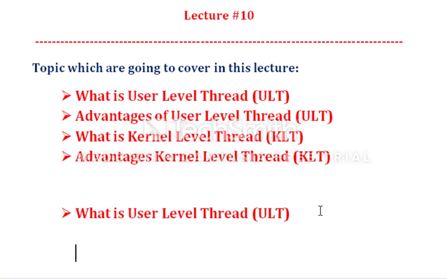The kernel is not aware of the existence of threads; everything done by the thread takes place only in the user area. So all thread management is done by the application, using the thread library, and the threads are created by the user. Everything regarding the management of threads is done by the application. This thread is actually created in the user area memory location. That is why it is called a user level thread.